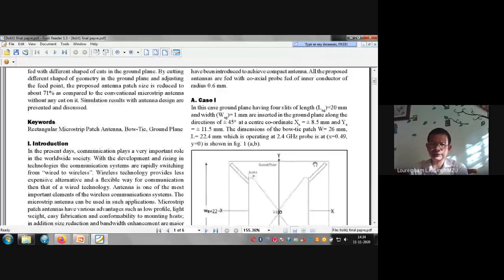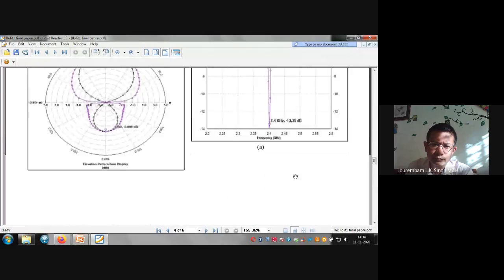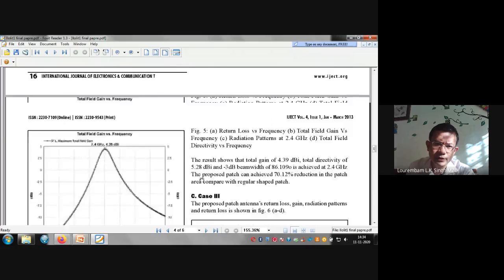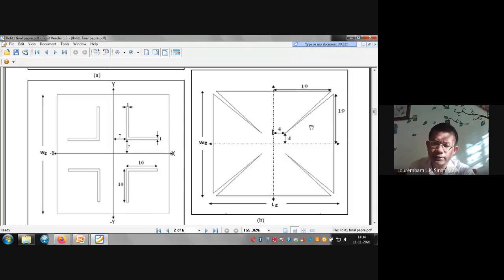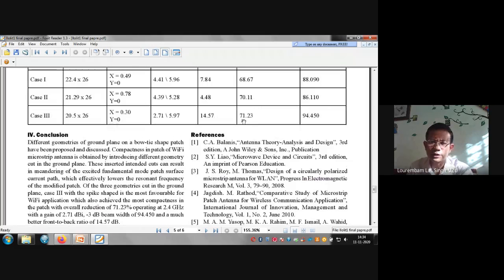Here we can just see the findings. Case number 3 means this kind of structure. This kind of structure gives the maximum reduction in the operating frequency, with 71.3% reduction of the frequency taking place. This is one of the very good achievements,